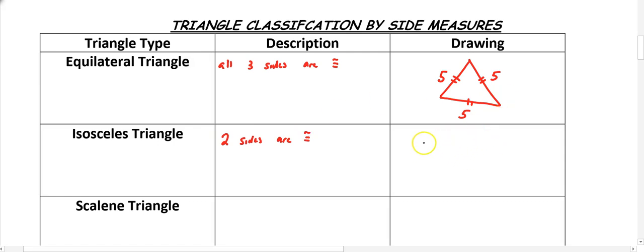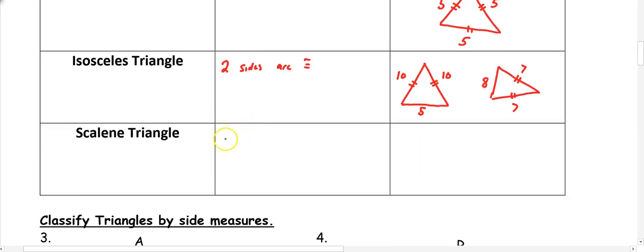So in an isosceles triangle, it can look like this, where the legs are congruent and the base is a different size. Remember that the base does not always need to be on the bottom, so if I draw it looking more like a pennant, I still have an isosceles triangle with my base being 8. Remember that base does not mean the side you're laying on, it means a side that's not the same in an isosceles triangle. And then our last type of triangle is a scalene triangle, where all three sides